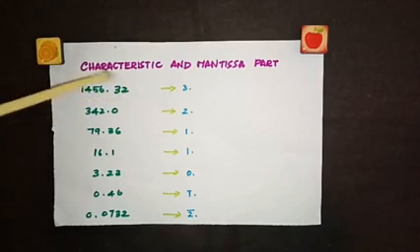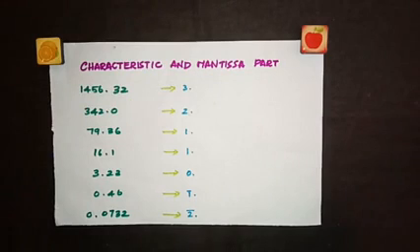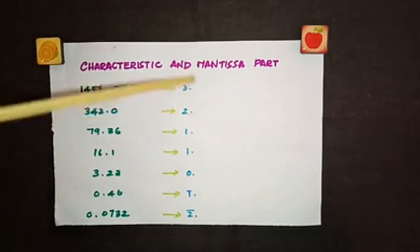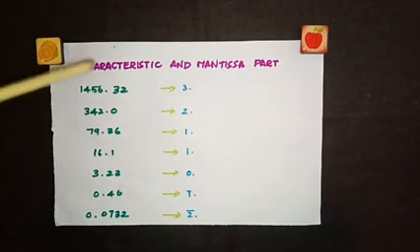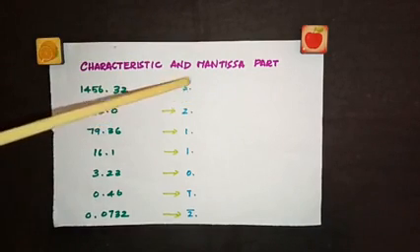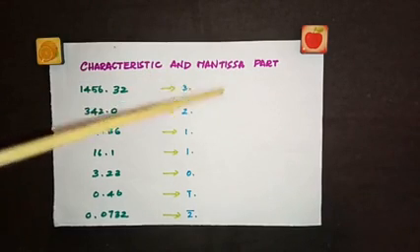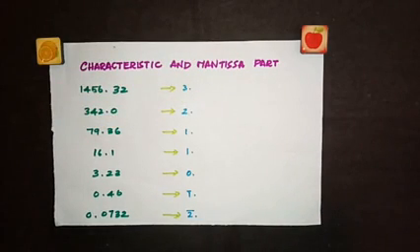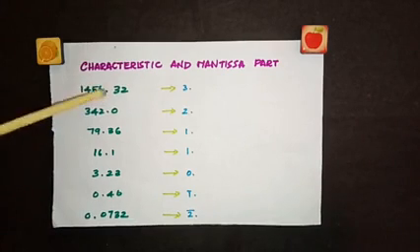Whenever you find log values for a number, we usually write two parts in that log value, one before the decimal and one after the decimal, and these are called the characteristic and mantissa. The value which you write before the decimal is called the characteristic, and the value which you write after the decimal is called the mantissa part. For writing the mantissa part, we will look into the log table that I showed you now. But for writing the characteristic part, you have to look at the digits before the decimal in the given number.